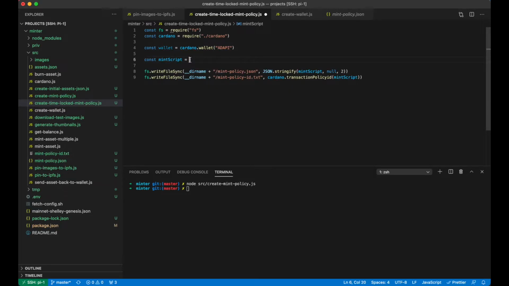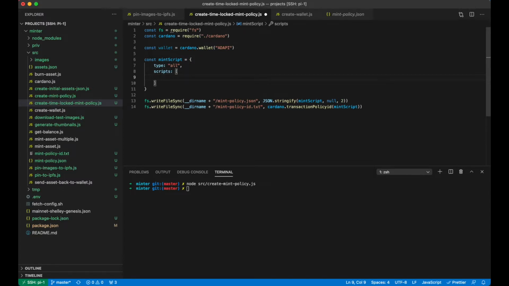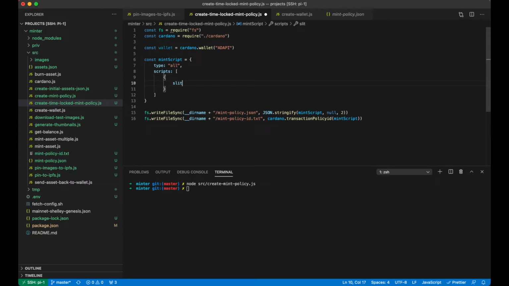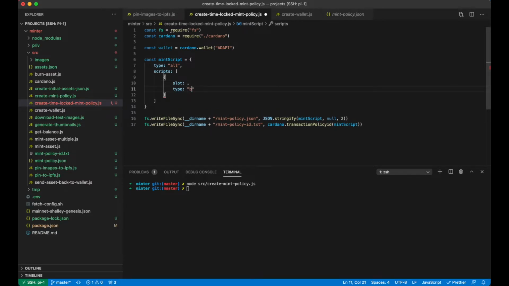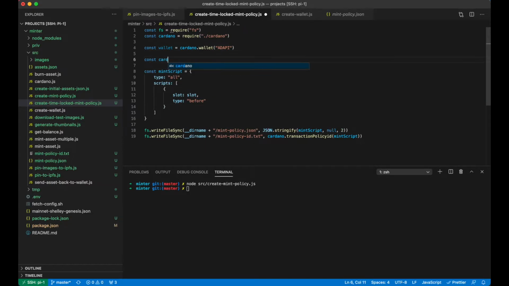We'll create an object with a type of all, meaning all signatures should apply. Where we'll define a slot. So we'll actually define a before. So before a specific slot, you will be allowed to mint or burn any assets. That will be the slot that we can fetch from Cardano,